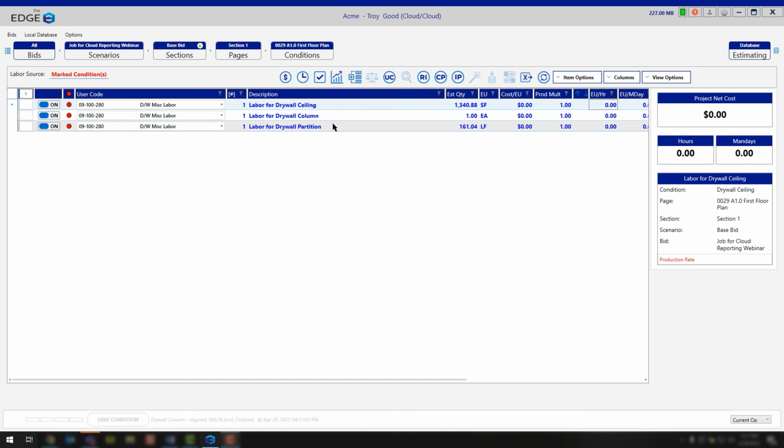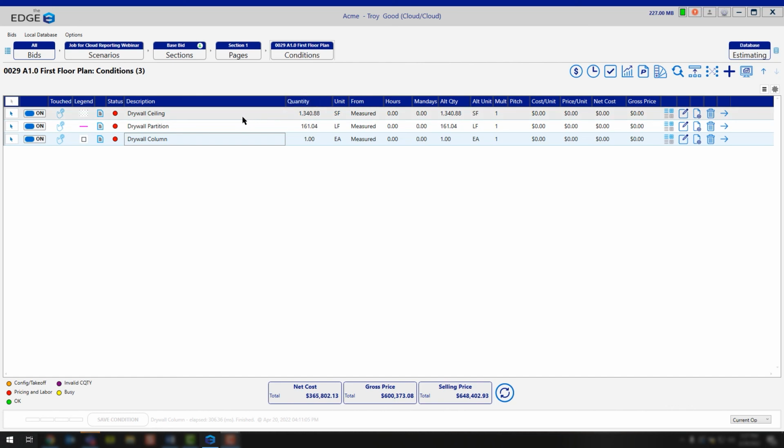Now, this is a very handy tool for if you're just trying to get budgetary numbers, or if you're just trying to create a one-off condition that you need to apply pricing in either a square foot, lineal foot, or each methodology. If you have any additional questions as it pertains to the quick pricing conditions, please feel free to